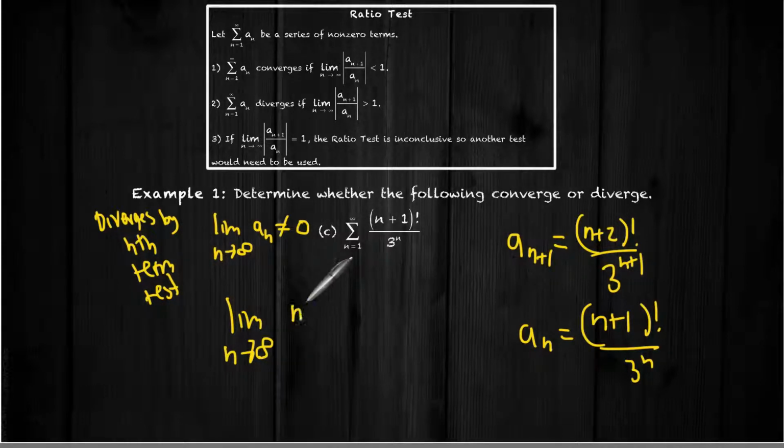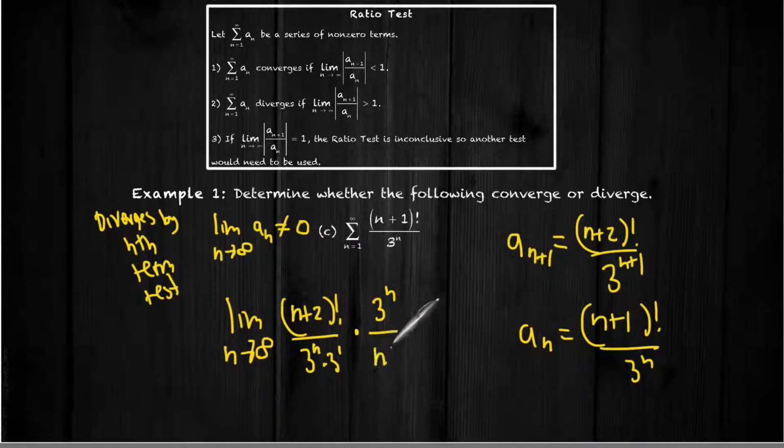So it's going to be (n plus 2) factorial over 3. I'm going to go ahead and break this up: 3 to the n times 3 to the first. And that's going to be times the flip of this one, which is 3 to the n over (n plus 1) factorial. So once again, we need to rewrite this,